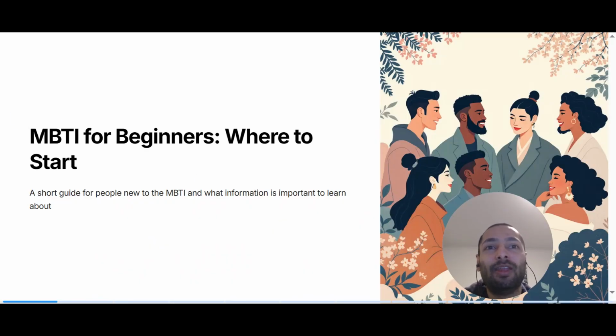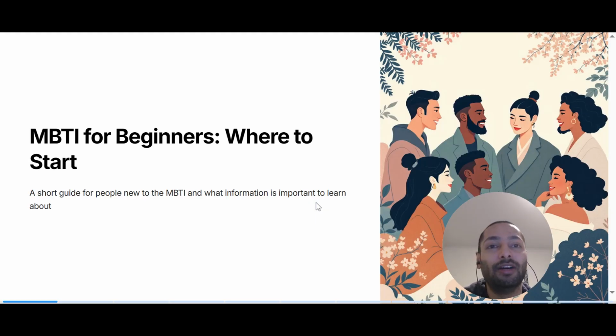So today we're going to do the MBTI for beginners, where to start. I think a lot of people are interested in the MBTI and they don't know exactly what information is useful. They know about the test, 16 personalities type, but I think there's a bit more that a lot of people need to understand. So we're going to do a short guide for the people new to the MBTI and what information is important